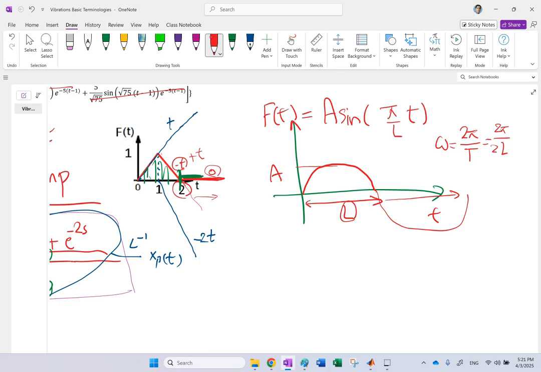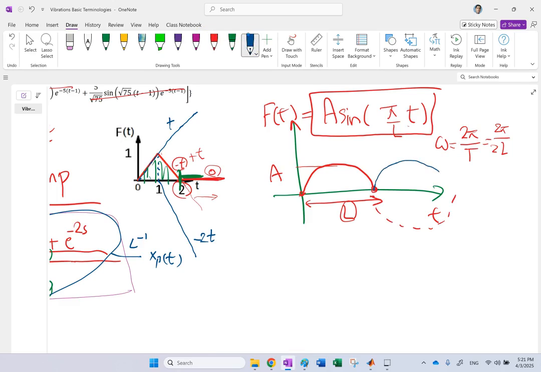You clearly see if I plug in 0, it's 0. If I plug in L in here, sine of pi is going to be back to 0. So this is my function if it was a full sine wave and repeating itself. But the thing is, this is not repeating itself. It stops right here. So what can I do? You're right. Although this one should go like this and continue, if I add this same sine wave, but with a delay like this,